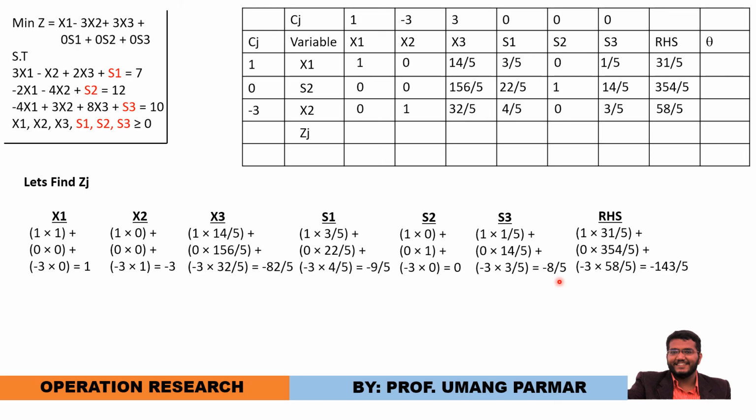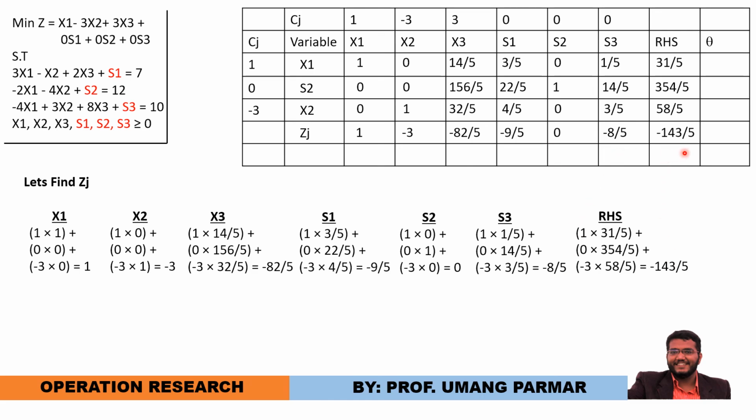And at last, for the right hand side value, that is in this column, we are having 1 multiplication with the 31 by 5. So 1 multiplied by 31 by 5 plus this 0 will be multiplied by this 354 by 5. So 0 is multiplied by 354 by 5 plus minus 3 is multiplied by 58 by 5. So by simplification of this, we got minus 143 by 5 here in the column of RHS. So we are just mentioning these values here. So 1, that is minus 3, minus 82 by 5, minus 9 by 5, 0, minus 8 by 5, and